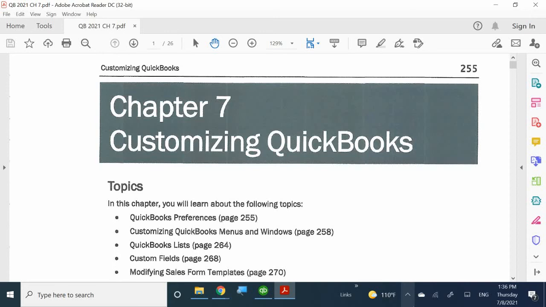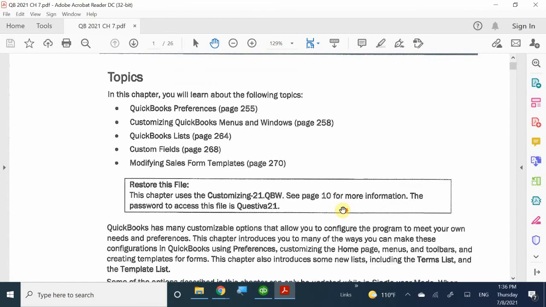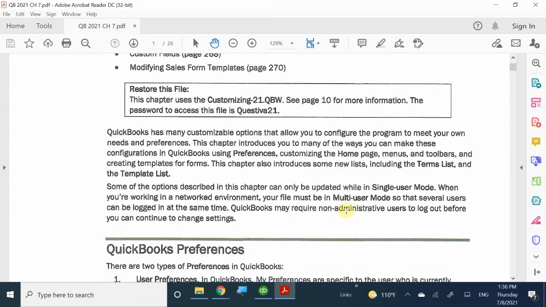Alright, welcome back, guys. We're dealing with chapter 7 now on how we can customize QuickBooks, okay? So once again, this chapter is only 24 pages because it doesn't give you the section about the items. Now, customizing QuickBooks is pretty cool. However, I'm going to let you know right here and right now that customizing is not that great. Okay, there are a few features that you can do, but